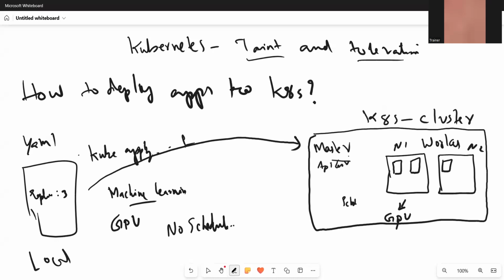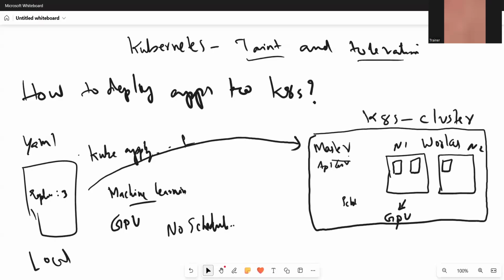The requirement is only assigning a label. Whenever we're deploying some application, coming to the Kubernetes